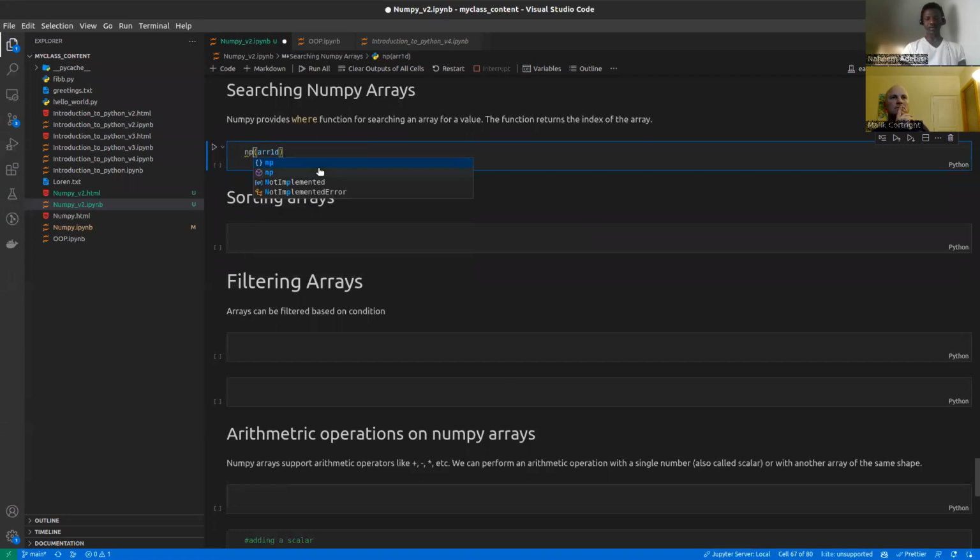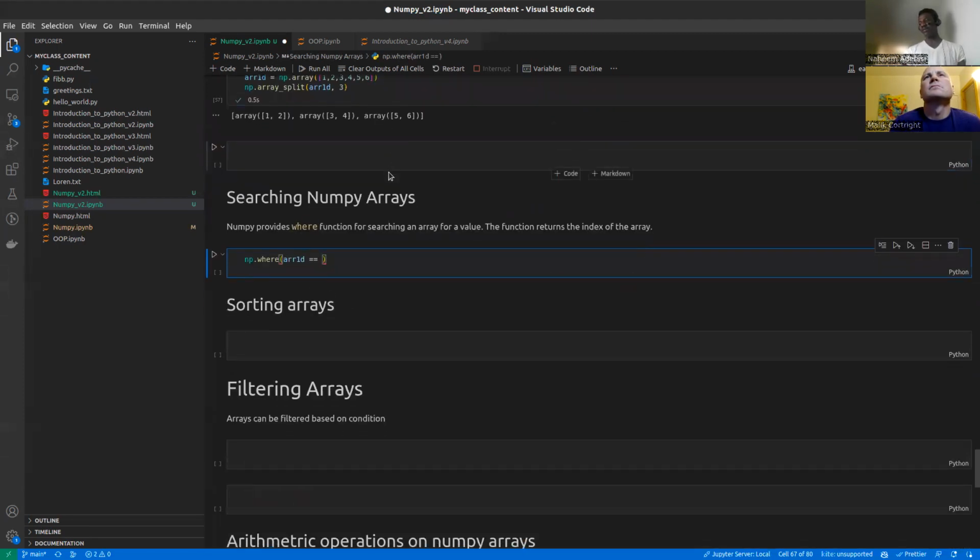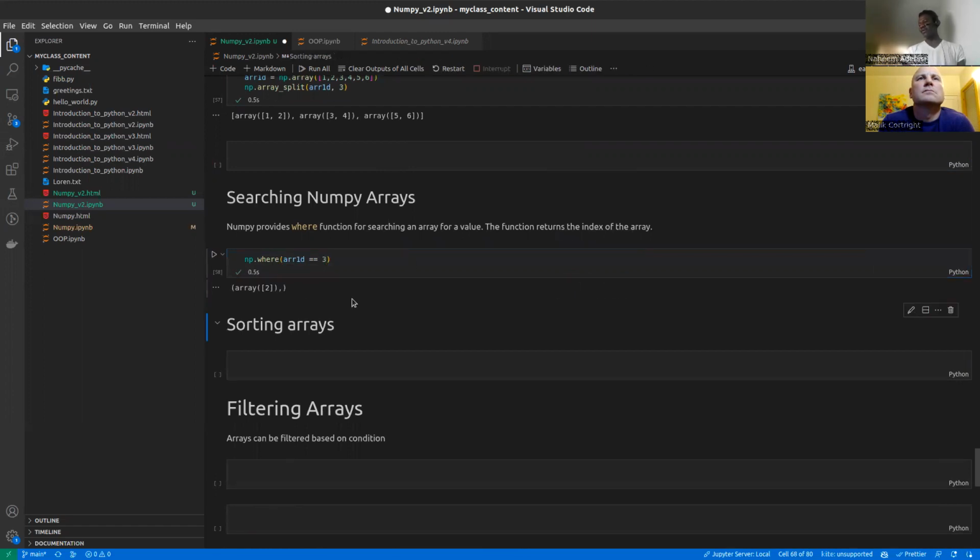How do I do that? np dot where array 1D is equal to, I have values that range from 1 to 6. If I want to find where the value is equal to 3, what this does is that,